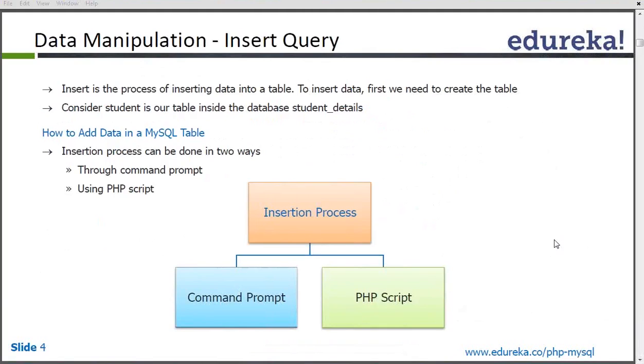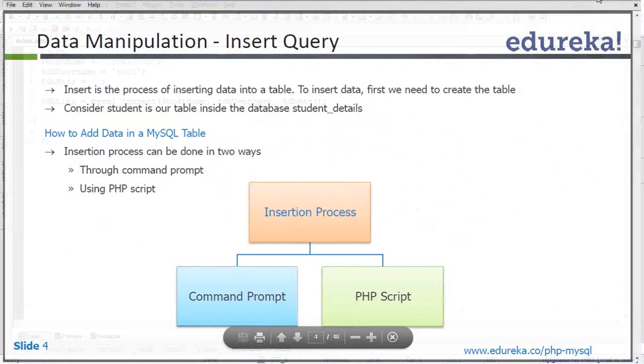how we insert data in our database, how we insert new queries in the database. Here's the process. Two ways we can go ahead with. Yesterday we have already discussed this, that either we can go with command prompt or using PHP script. So command prompt, I have already shown you yesterday that using the command prompt we can go ahead with